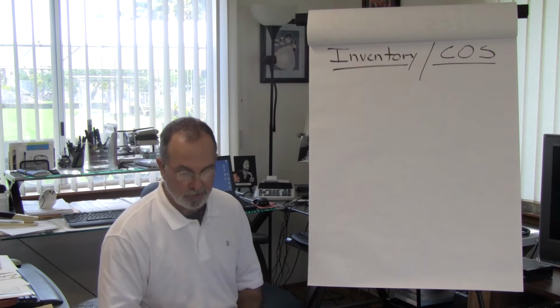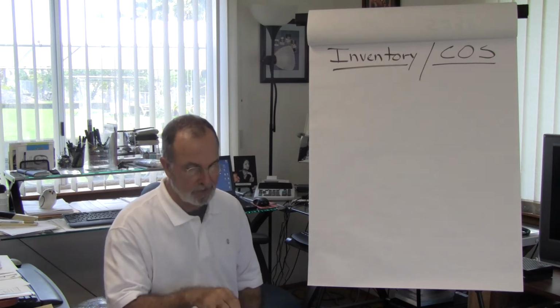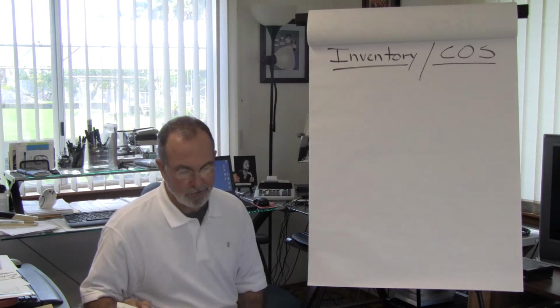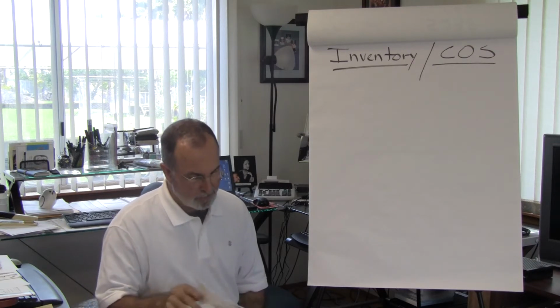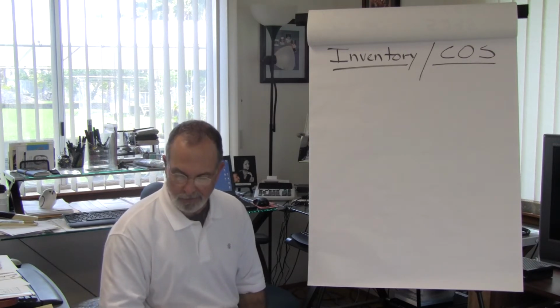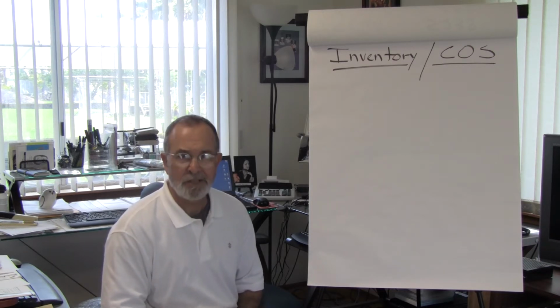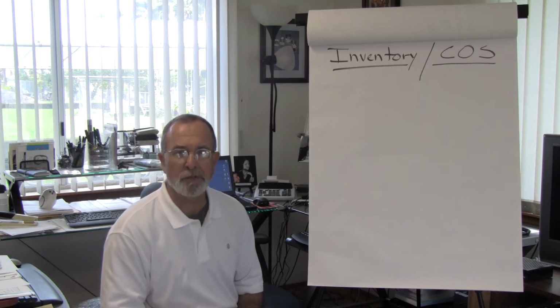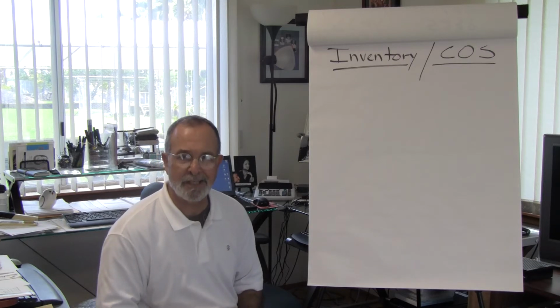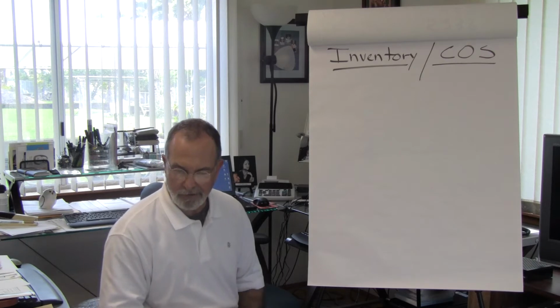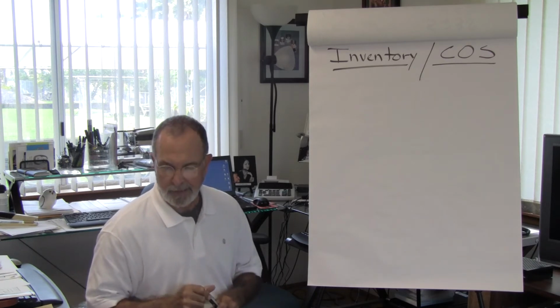Today we're talking about Chapter 7, and Chapter 7 discusses, for a merchandising concern, inventories and costs of goods sold. I'd like to make a comment about this chapter. I think typically for many students this is probably one of the more difficult chapters to understand in Accounting 201. And so with that said, let's talk a little bit about inventory and cost of goods